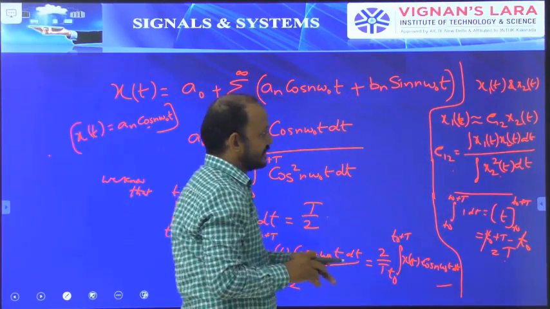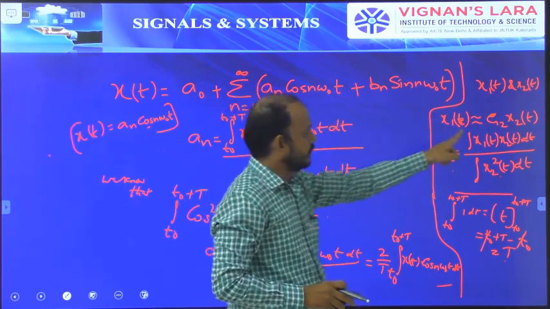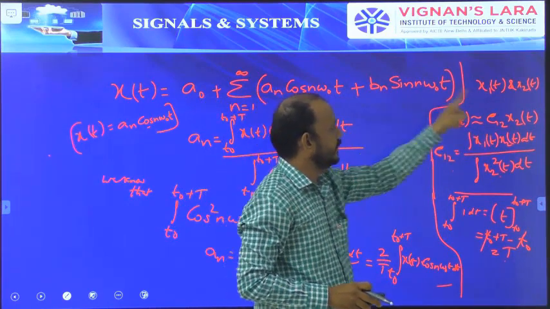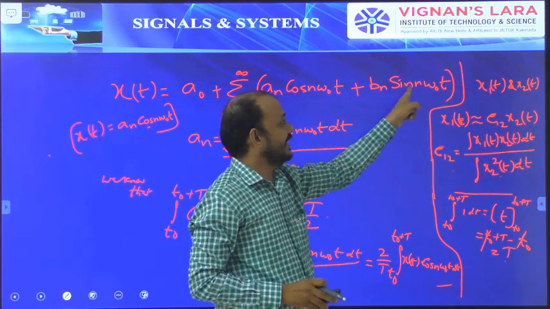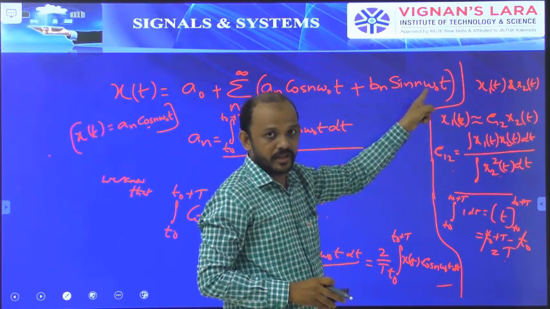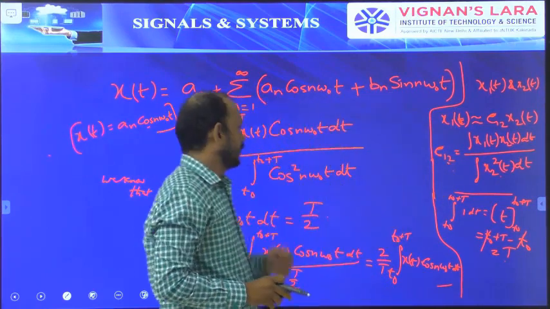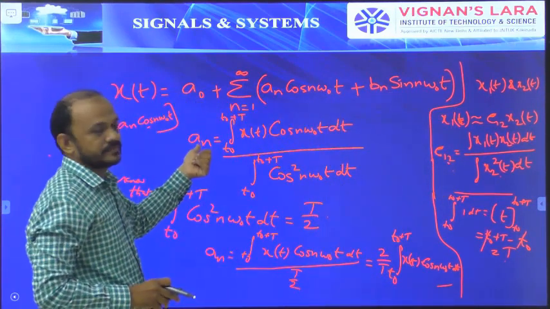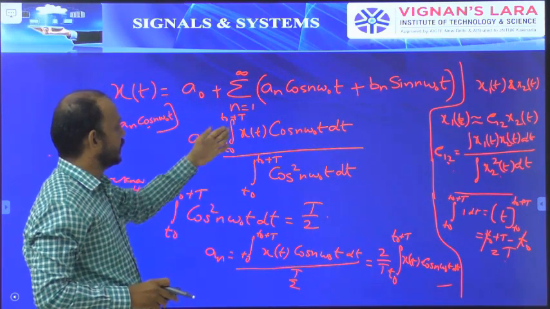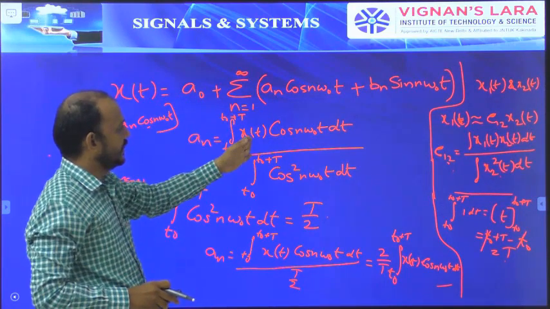Okay, that is x1(t) equal to x(t), c12 equal to bn, and x2(t) equal to sin n omega naught t. So I have to find the constant bn, that is c12. Here, in place of a, I get bn, which will be equal to the integral from t naught to t naught plus T of x(t)